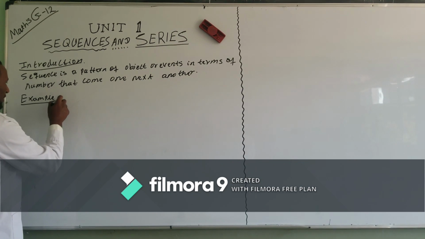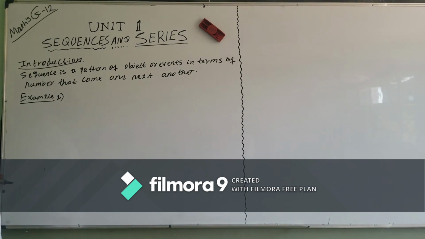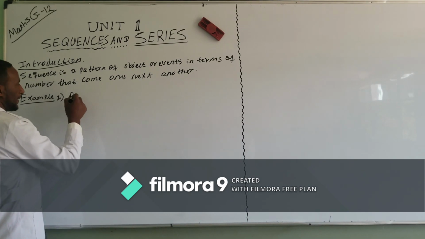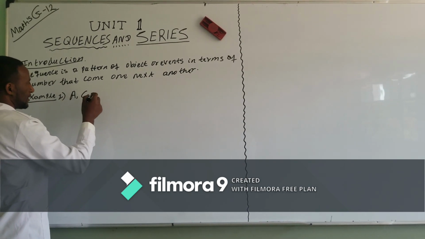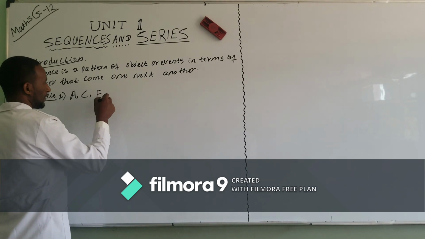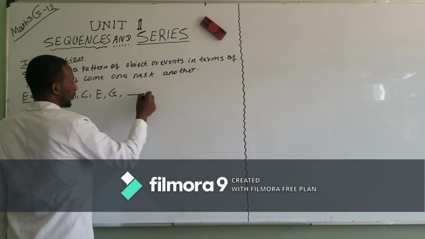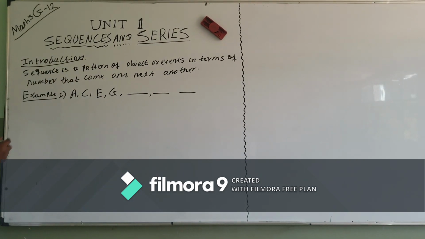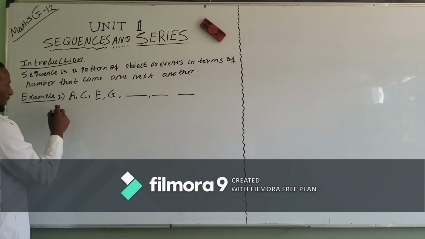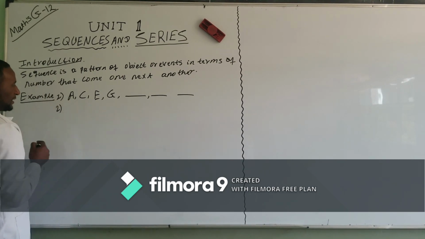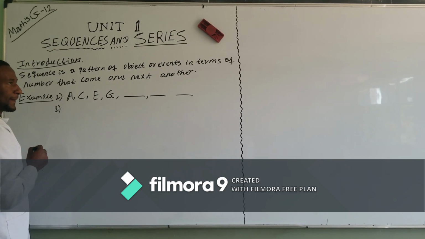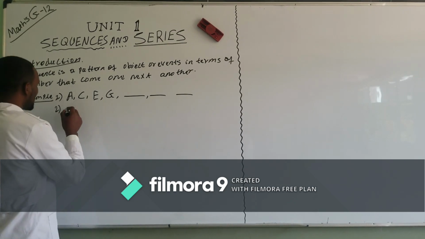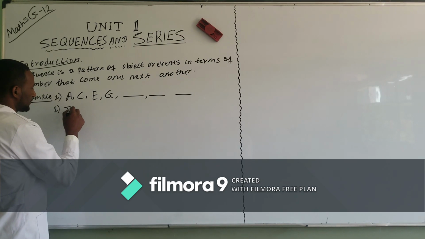Example 1. Let us see the pattern of alphabetical order: A, C, E, G. Then we can fill in the next term of the pattern. For the second example, let us take a pattern of months: January,